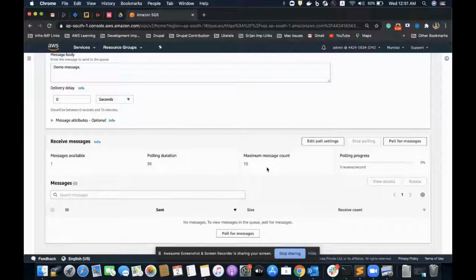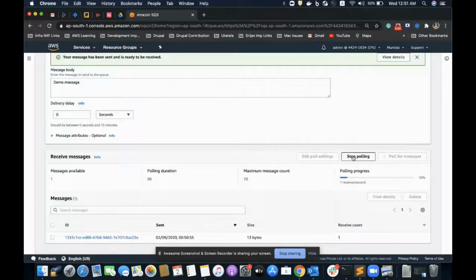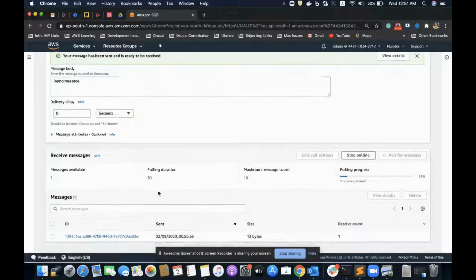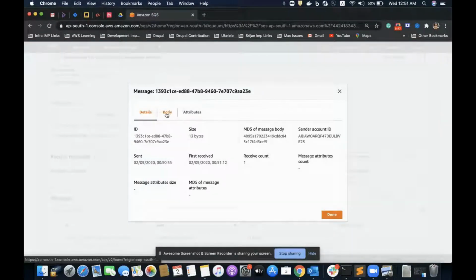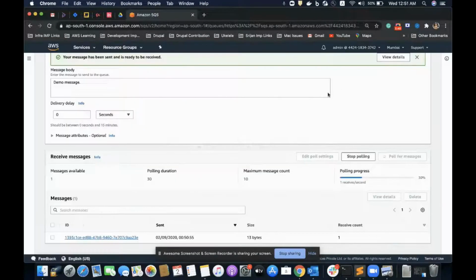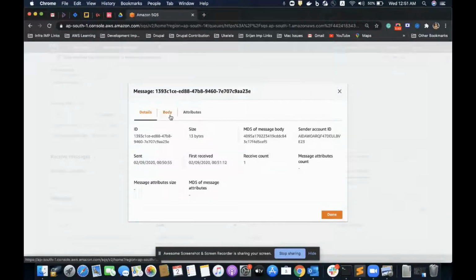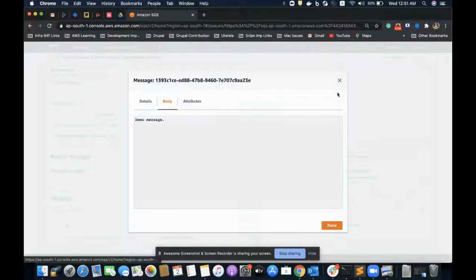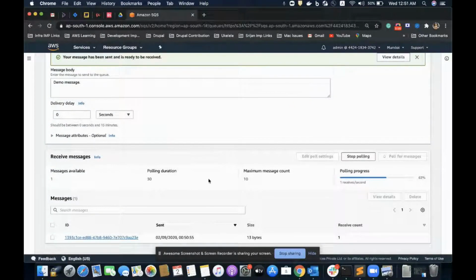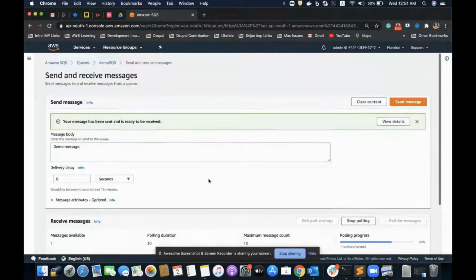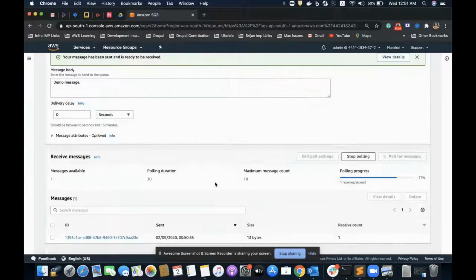For receiving these messages I have to poll for the messages, and on polling I would see the message in this section where I can see all the received messages. I'll click on this message and can see the body which I have sent. So this is a simple way of sending and receiving messages. I'll be talking about the configuration later on in this video.